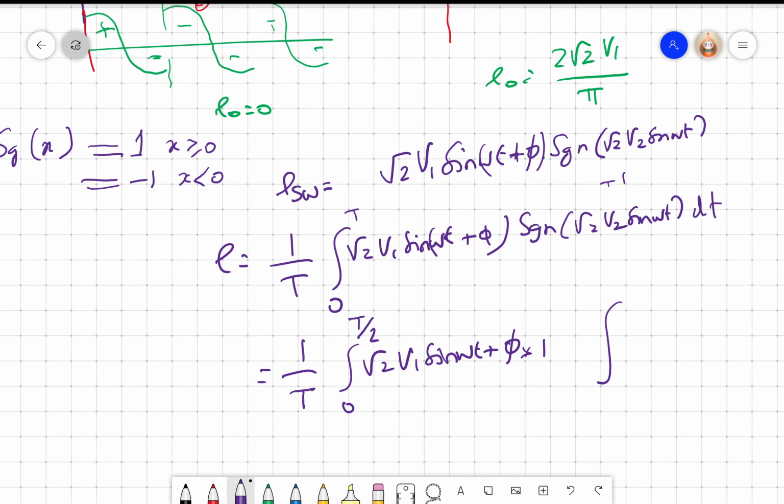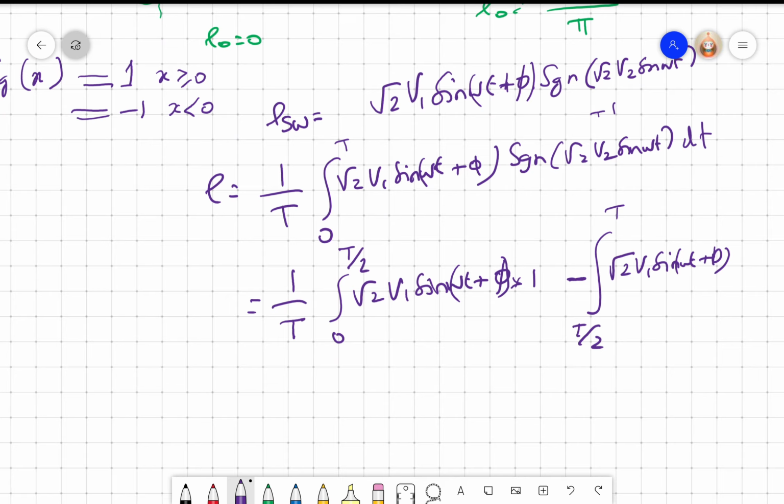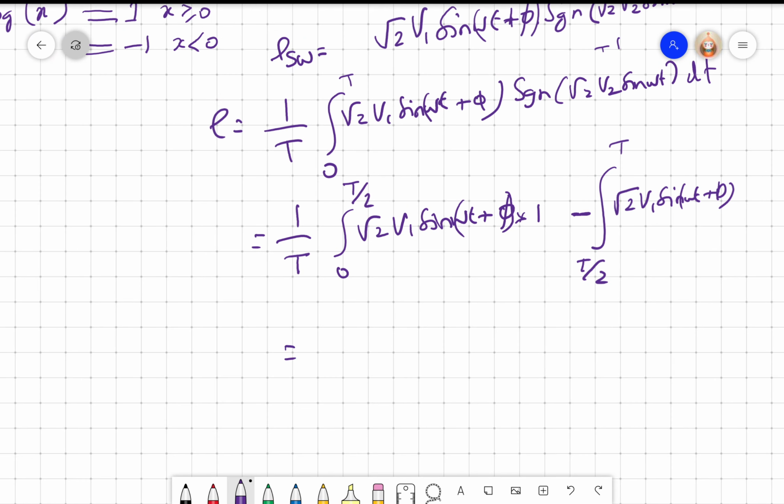Now I have the second half, T by 2 to T. What happens? I still have my input root 2 V1 sine omega t plus phi into minus 1, so I put the minus, right? So I can evaluate this. What is this? 1 by